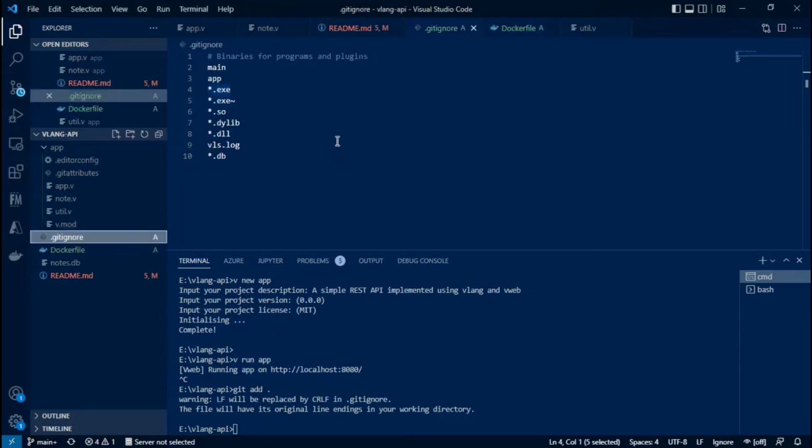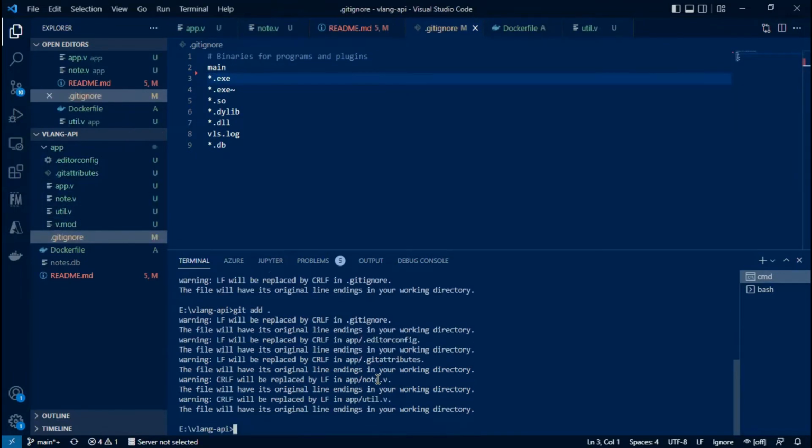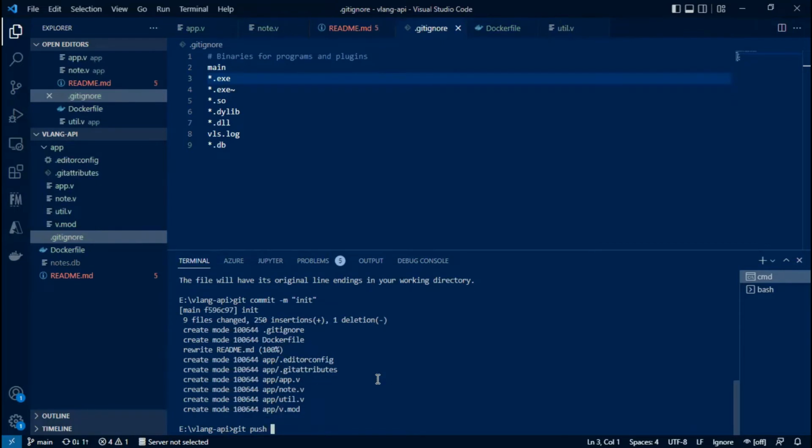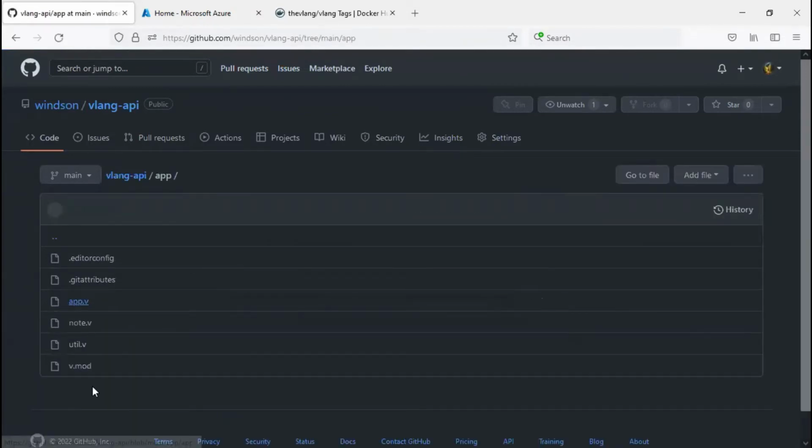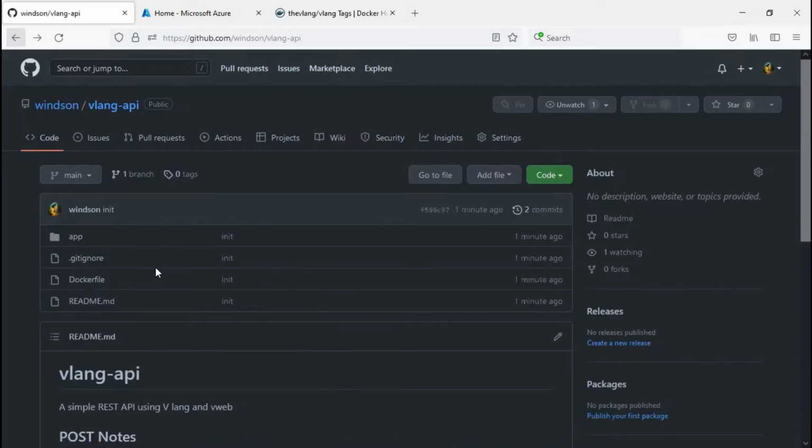We'll make one final change to our gitignore. Let's remove this line app because it indicates the app directory which holds our code base. Now we will move ahead by checking in these changes and pushing them to our remote GitHub repository. Now I can see that my changes are reflected on GitHub. We'll go ahead and create a GitHub action